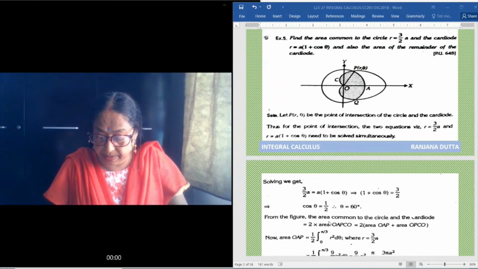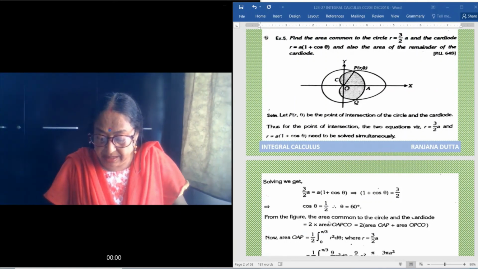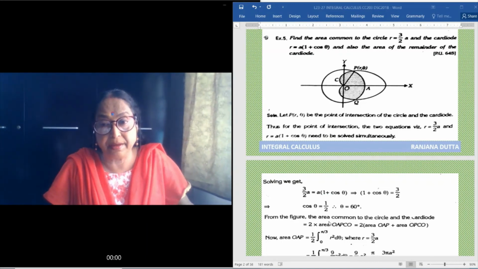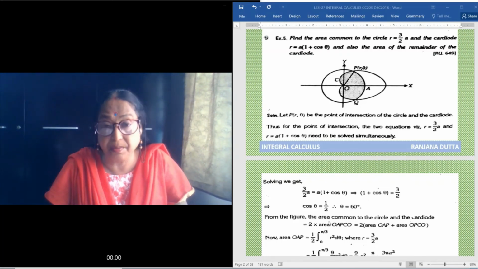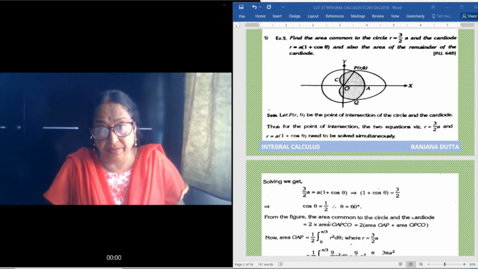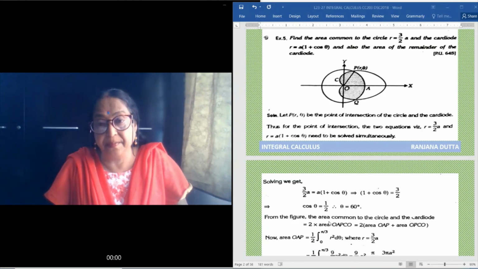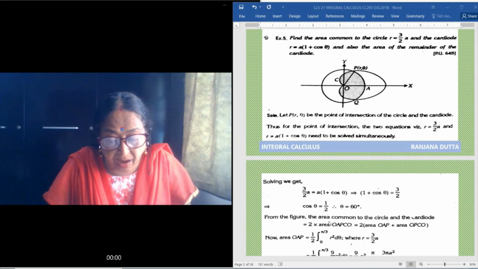So drawing this, we can see the circle and the cardioid, and we can see the feasible zone, and that is 2 times, upper the x-axis and lower the x-axis. So from OAP we can see that OAP is the circular form, that is in OAP we use the equation of circle, and in OPC we use the equation of cardioid. So the area of